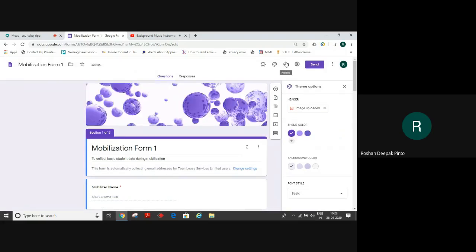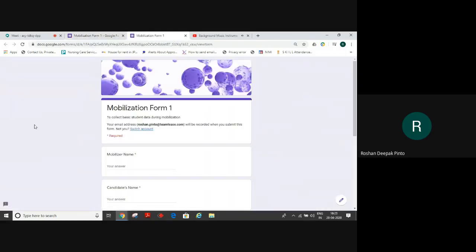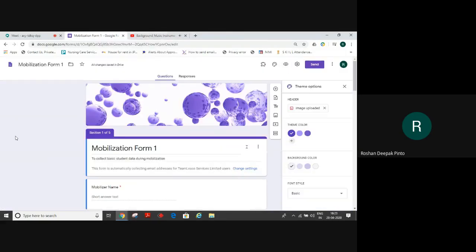If you go to the preview once again, this is how it will look. We go back to the form. Theme colors also you can change according to the header that you have selected. You can change the background color also. Not many options, but still you can try.